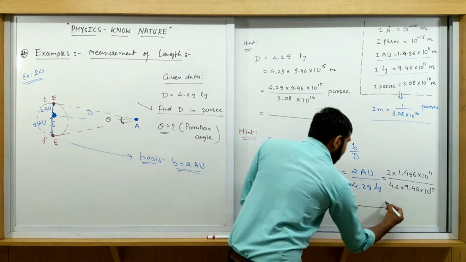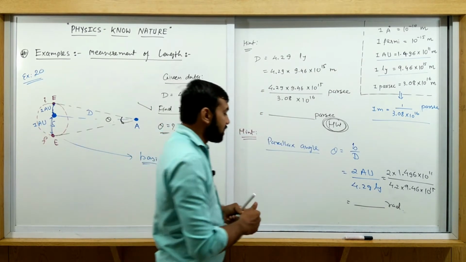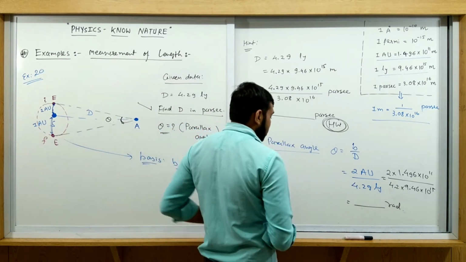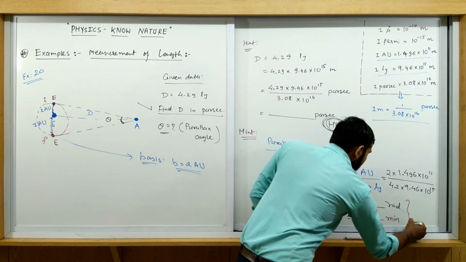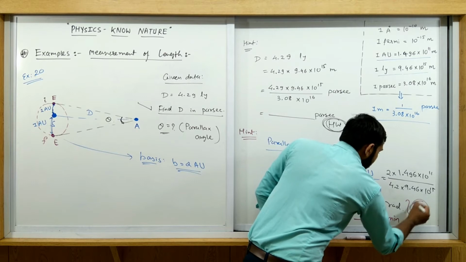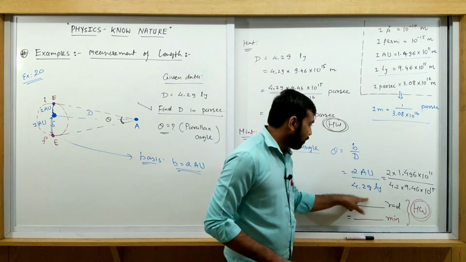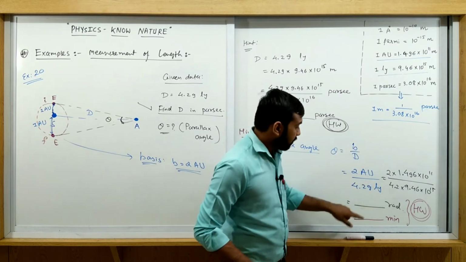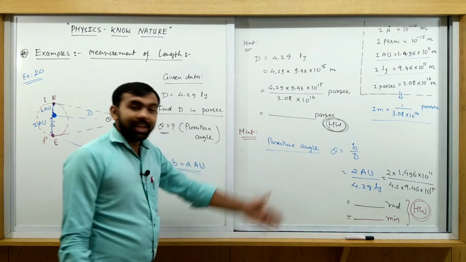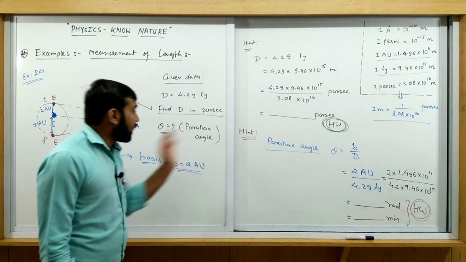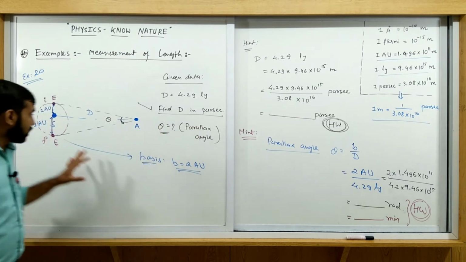Calculate this answer. This answer is in radian. Whatever you get here is in radian. After calculating this one, you just convert this answer into arc minutes. This is homework. First you calculate this answer in radian, then convert this answer into arc minutes. So this example, remaining calculations in homework. All of you must note this example in your books with the proper calculation and draw this figure.